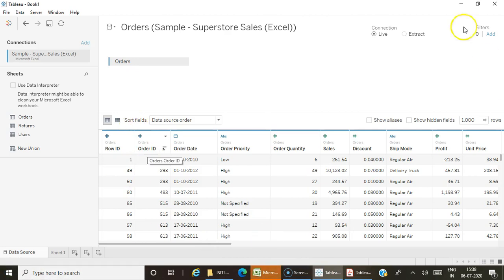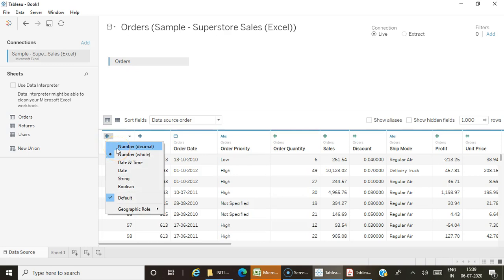So now here I have taken the order tables. So you can see the corresponding columns in the order table. You can see each column is being represented by a data type symbol. So row ID is represented by hash, which denotes it is a numerical value.